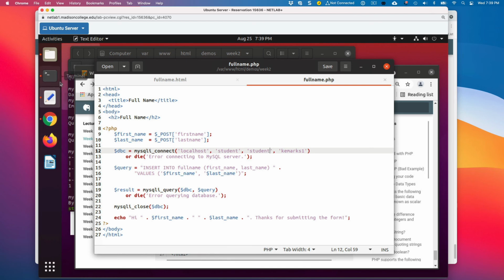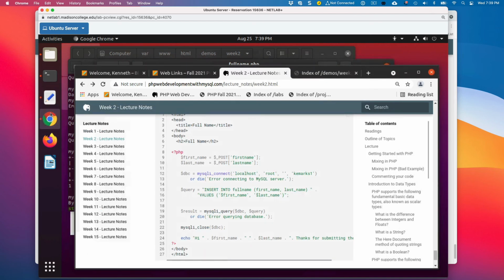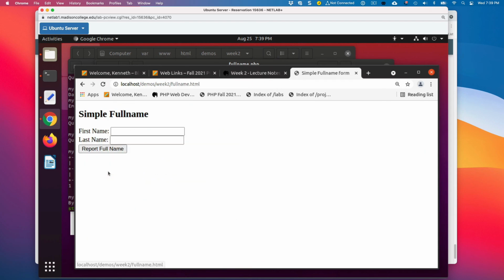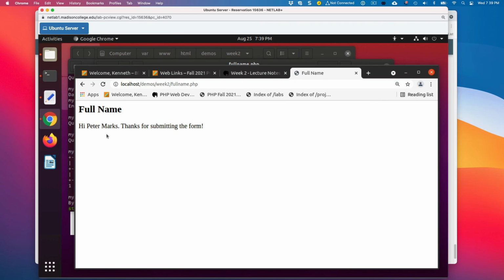And let's go to my demo here. I'm going to rerun fullname.html. Okay, I'm going to add my brother's name in here. Okay, we got no errors.